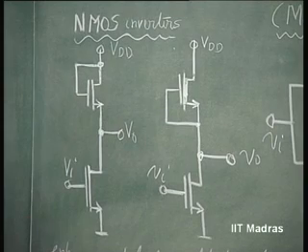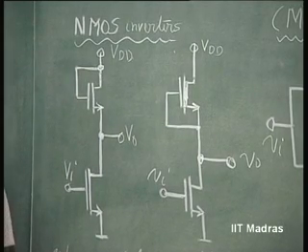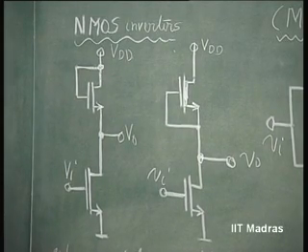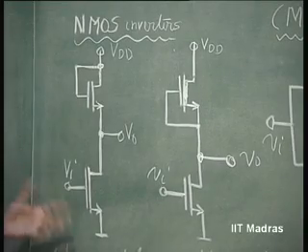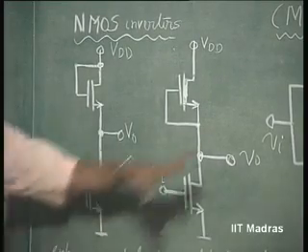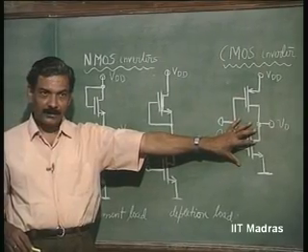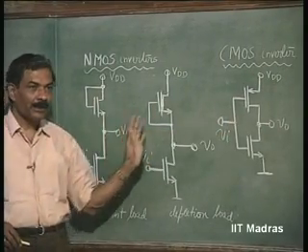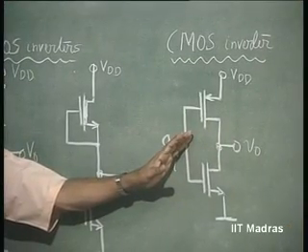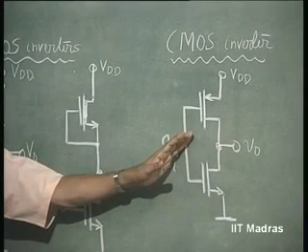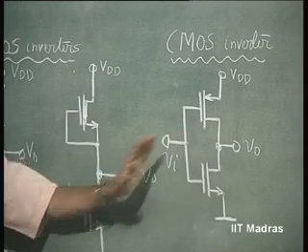And you can also obtain inverters using complementary MOSFETs, that is both N and PMOS. This is called CMOS logic family. So, these are the three important logic families which exist in your VLSI design